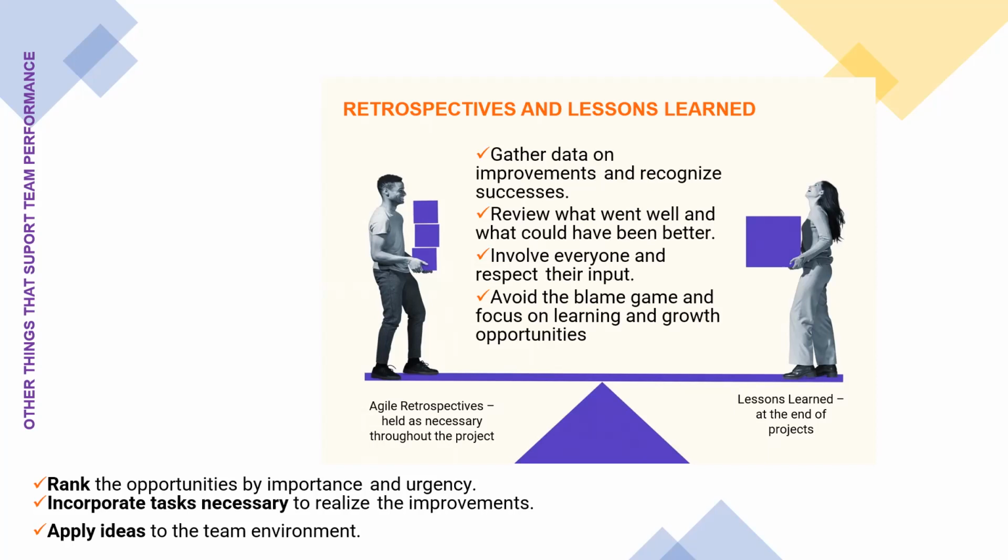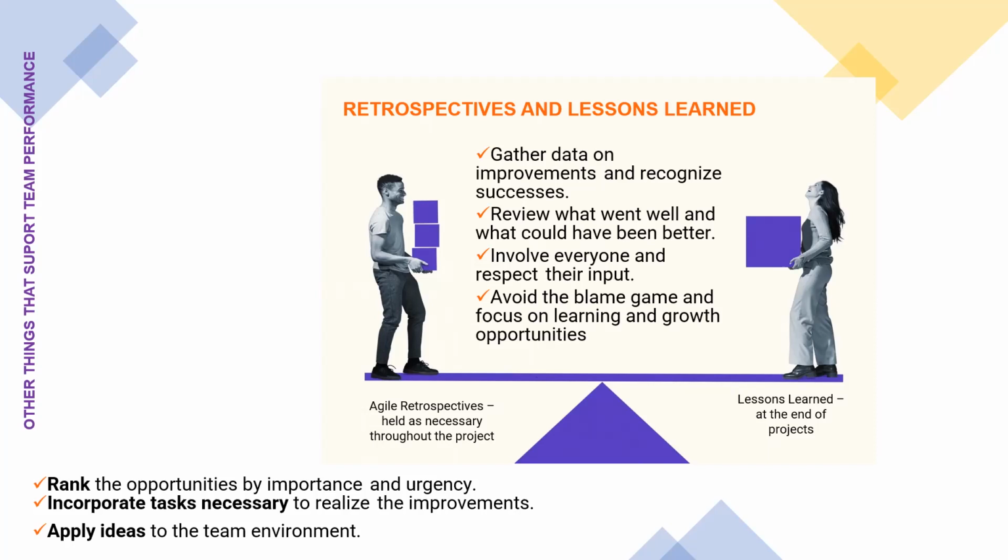back and analyze to see how we did our work in the last iteration. Was it good? Was it bad? Were there mistakes? That kind of conversation is what you do during retrospection. And because Agile is made of incremental stages, you do a little, you go back, you rest, you retrospect, you do a little more, you go back, you rest, you retrospect, you do a little more. That's why retrospection in Agile has, you see the guy is carrying 3 boxes, which means he was involved in 3 what? Retrospections. That's 3 iterations also.